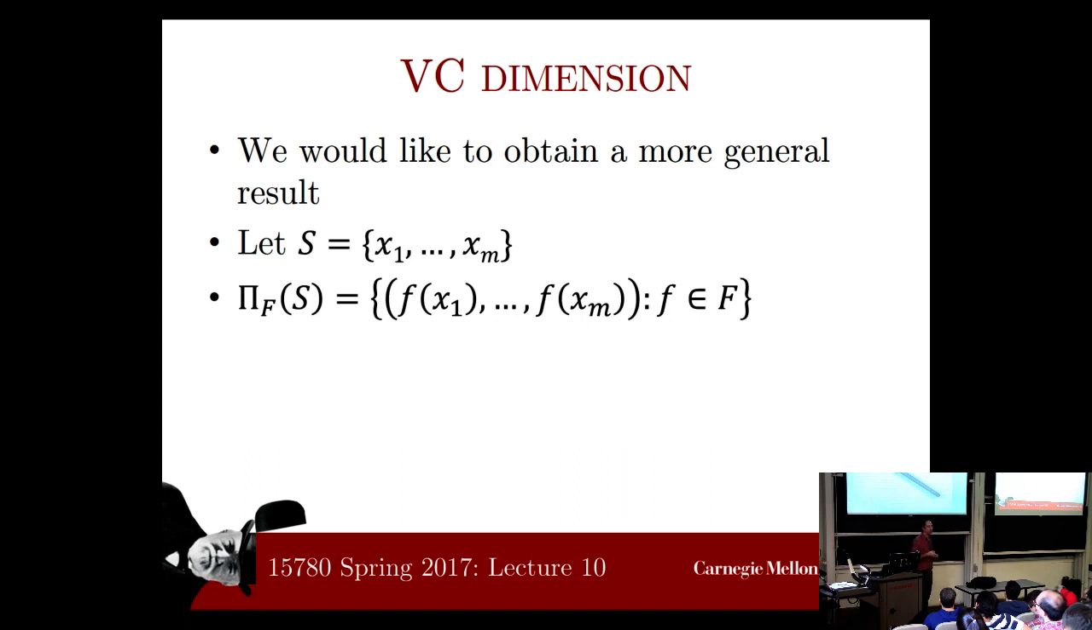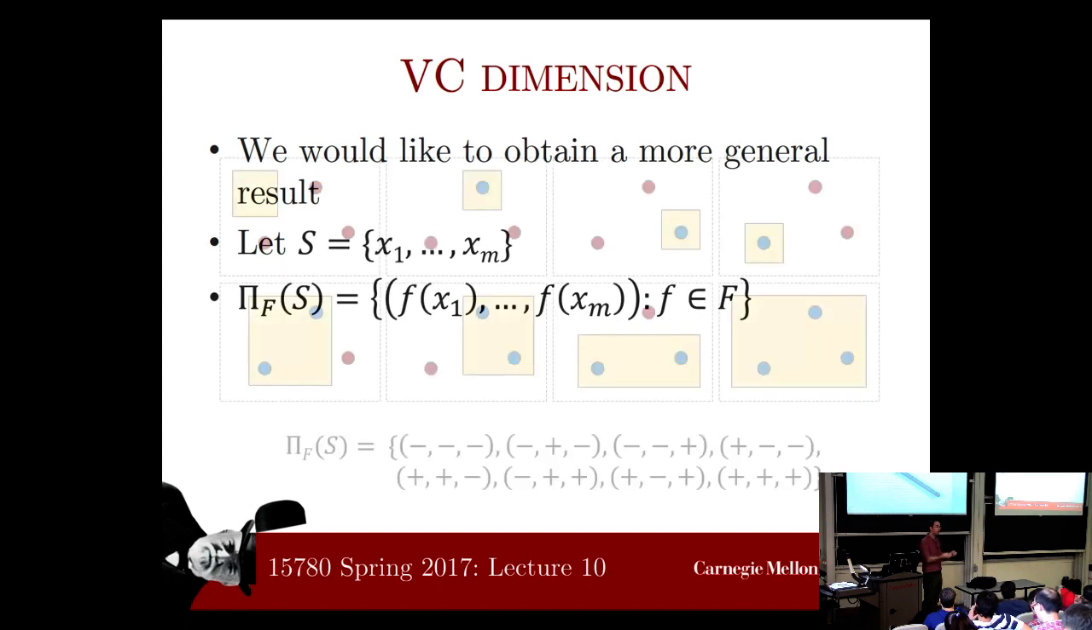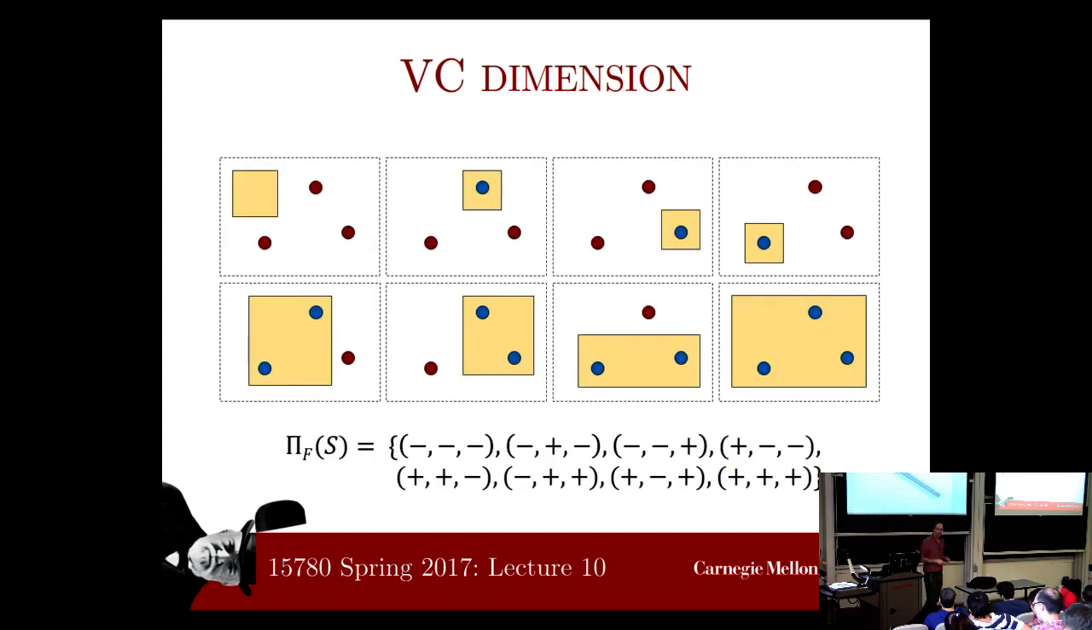Now notice that we can apply 2 different functions to all of the examples and get the exact same vector. So it's not that the size of this set is equal to the size of the function class F. It's some set, and we could have multiplicities, where we apply 2 different functions and get the same vector. So let me show you an